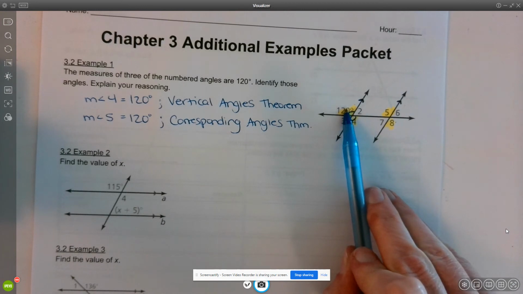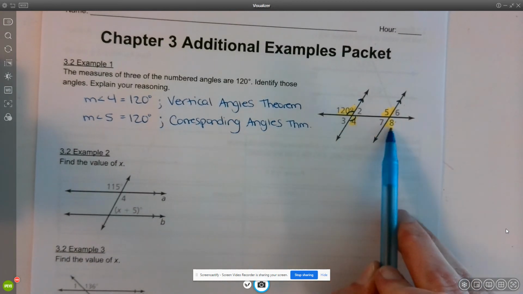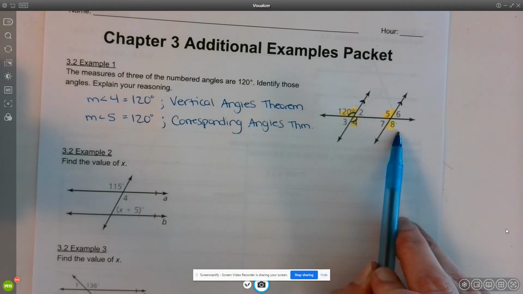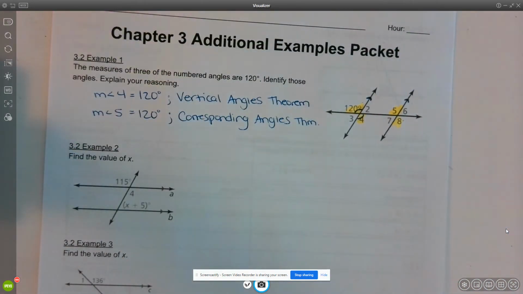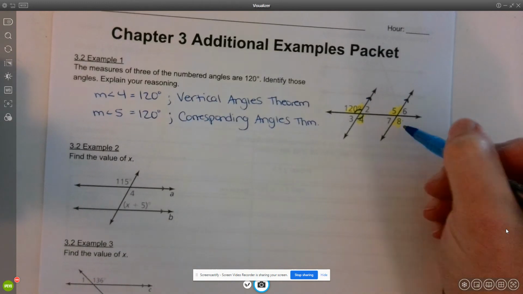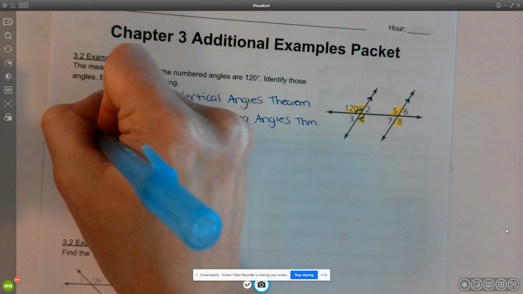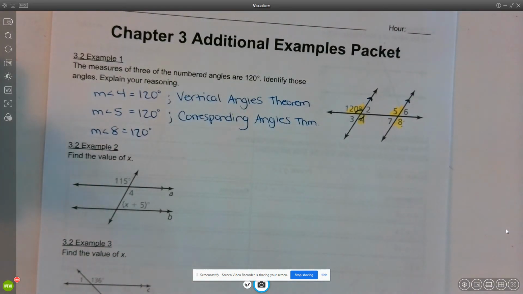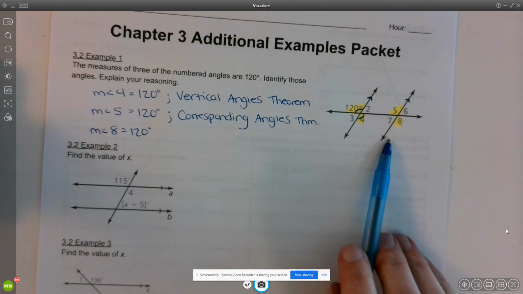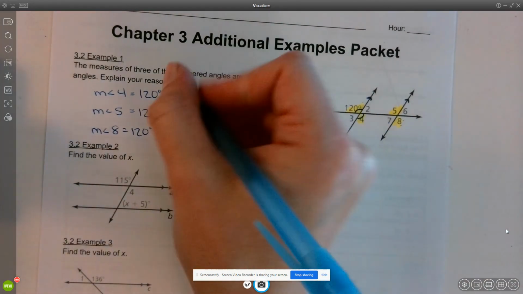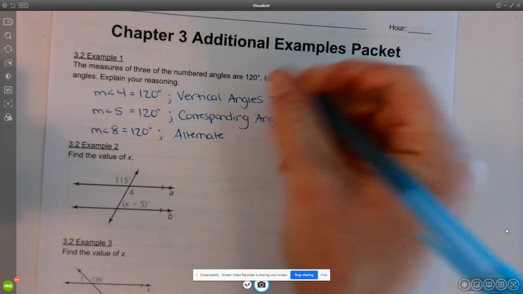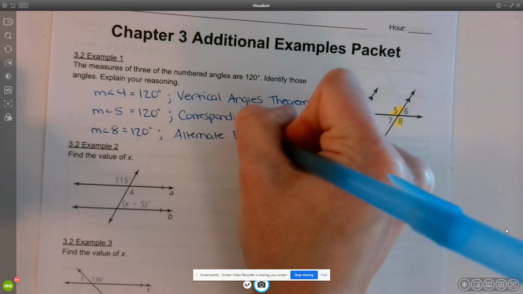If I look at the 120 degree angle and angle 8, they are on opposite sides of the transversal outside the parallel lines. So angle 8 must also be 120 degrees because we know when lines are parallel, the alternate exterior angles